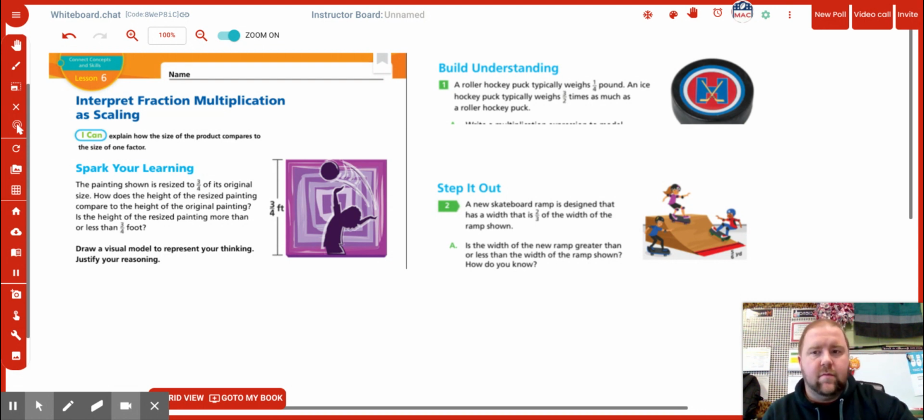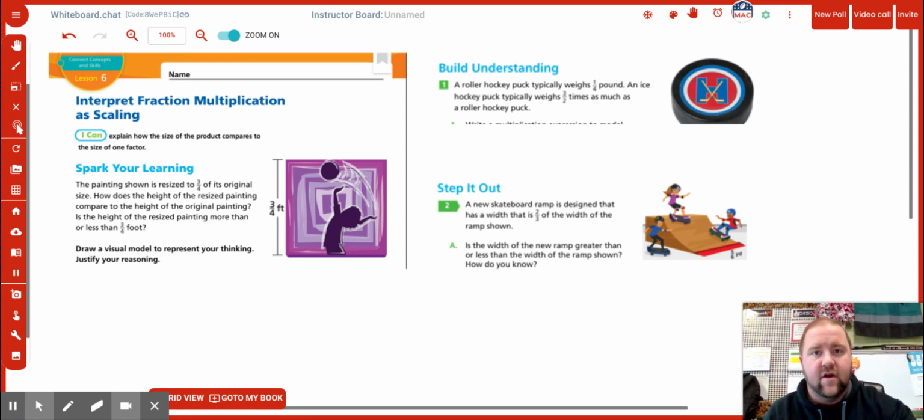Interpreting fraction multiplication as scaling. Sounds like something you've never heard of, but it really isn't anything more than we've talked about pretty regularly. So I'm going to jump right into the first example and go over what it means to talk about fractions as scaling. It says, I can explain how the size of the product compares to the size